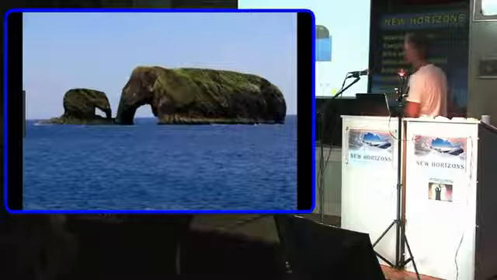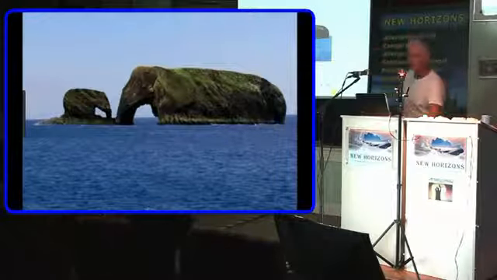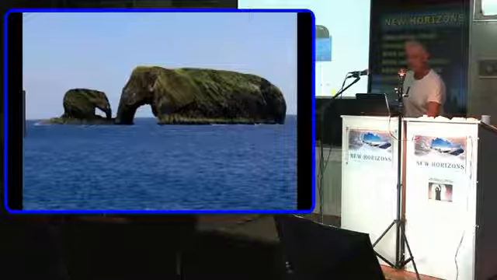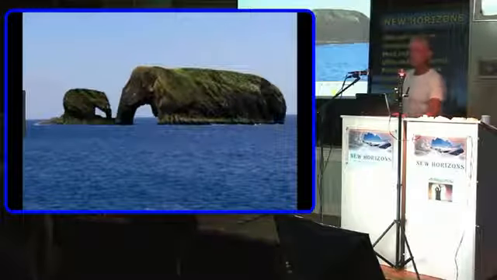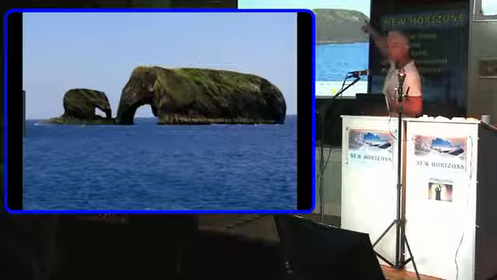Now, what are you looking at there, folks? Come on. What are you looking at? A mummy elephant and a baby elephant, yeah? Could that be anything else? Not really. Do you think that the wind and the rain would carve these elephants like that? Do you think they would?